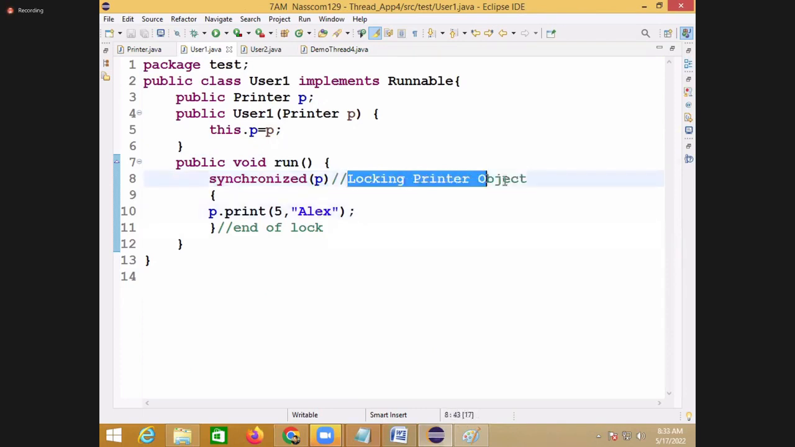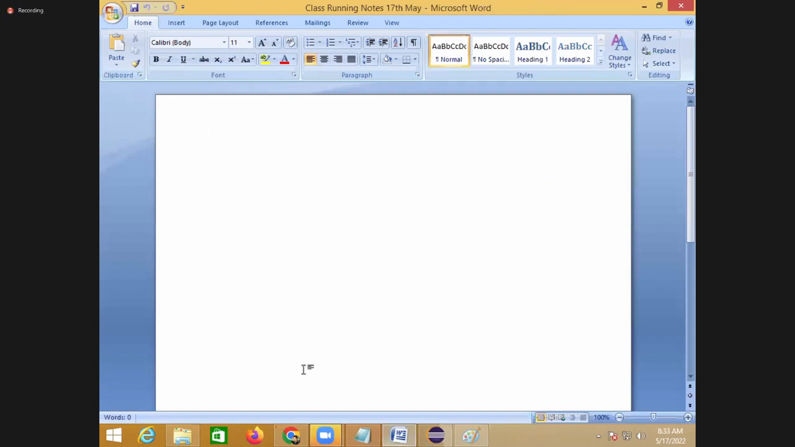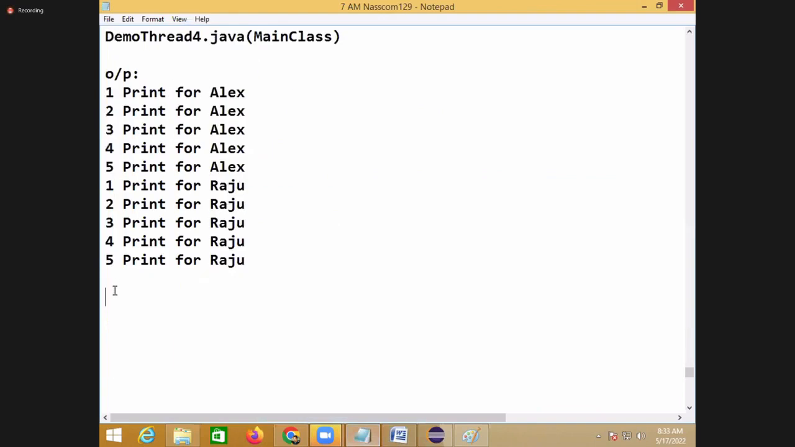Once the printer object has been locked, user2 will not get access to the printer. So he has to wait until the lock is released. That is the only concept. So finally we can apply the lock. This is the syntax. So after this program here,